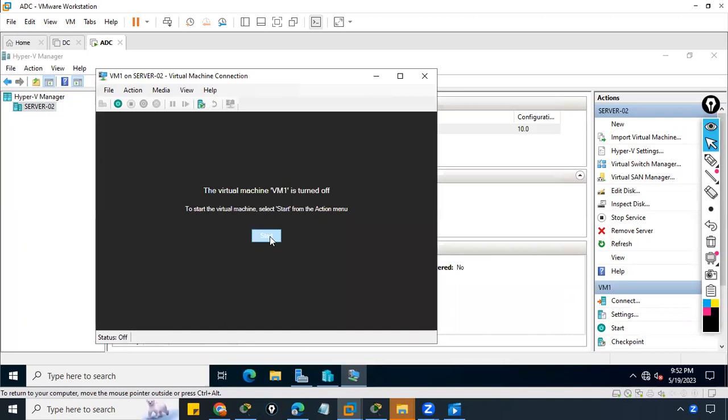We can start the virtual machine from here and you will see multiple buttons here. So this button is to start the virtual machine. This button is for Control Alt Del. This button is for turn off the virtual machine, and so many options are there. You can explore the options. So let us start the virtual machine,